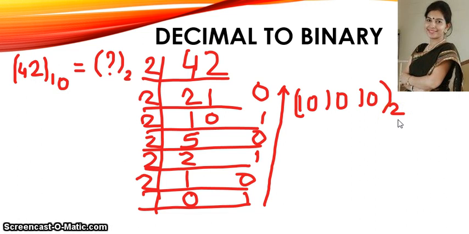Students, I want to show you one thing. Till here also, if you are completing the steps till here, then also it's fine, but then you have to write from here. You will write like this: 1 0 1 0 1. Then also the answer will be the same. So you can bring down the quotient till 0, or you can bring down the quotient till 1.